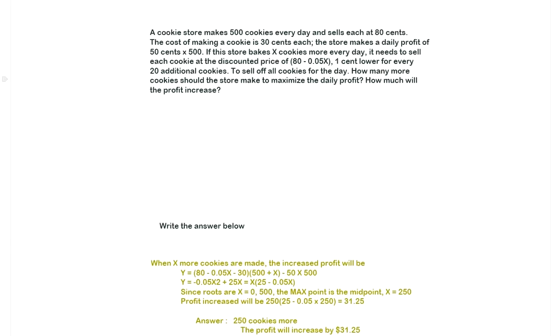A cookie store makes 500 cookies every day and sells each at 80 cents. The cost of making a cookie is 30 cents each. The store makes a daily profit of 50 cents times 500. If this store bakes x cookies more every day, it needs to sell each cookie at the discounted price of